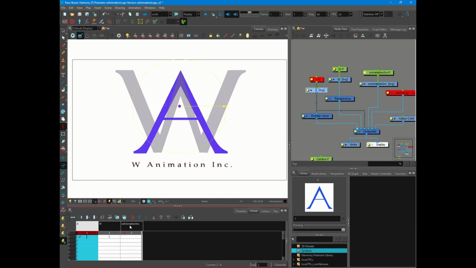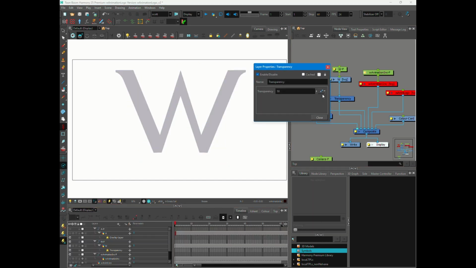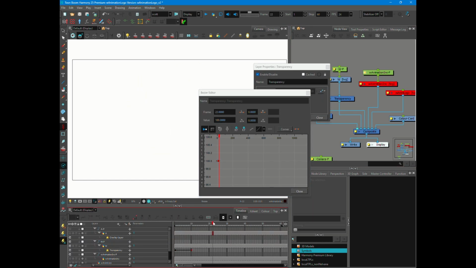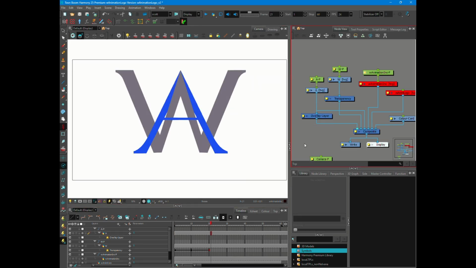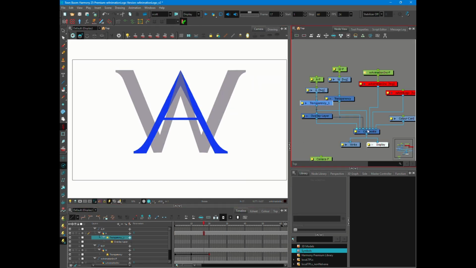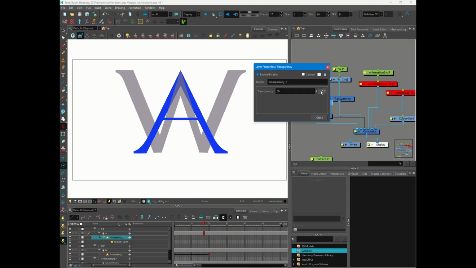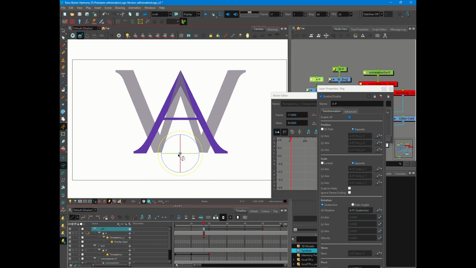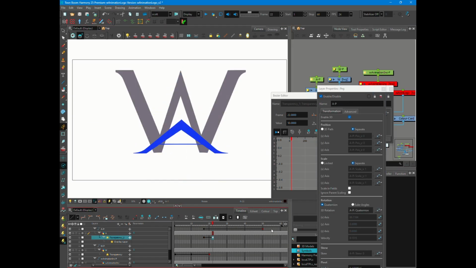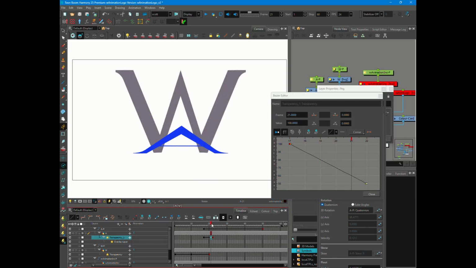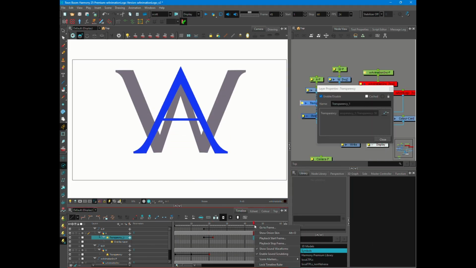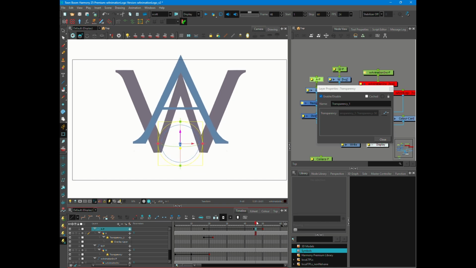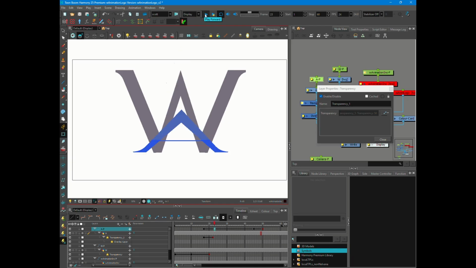And then I started going through just trying to figure out how I wanted it to animate. Initially I wanted the W to fade on, and then I wasn't really sure how I wanted the A to come in, and so I thought about it a while and kind of brainstormed some ideas with our vice president, Jessica, and she and I talked about some different things, and I ended up just coming up with this idea of the A kind of just rolling up and kind of bouncing down onto the W into place, up and